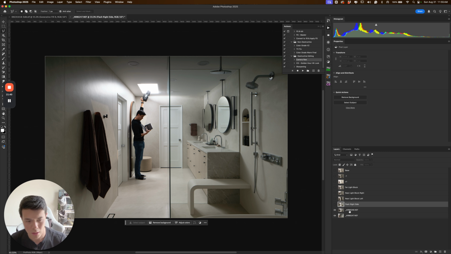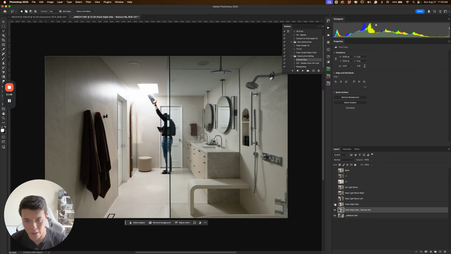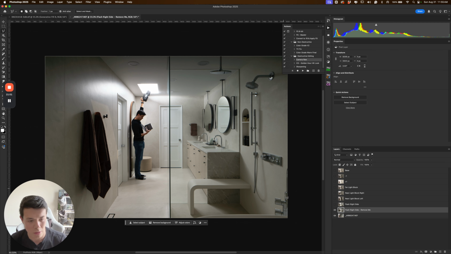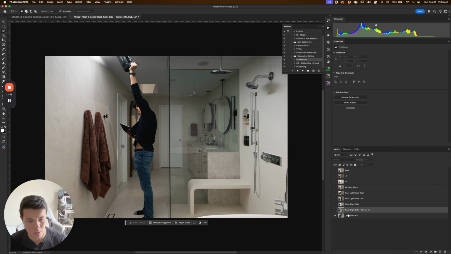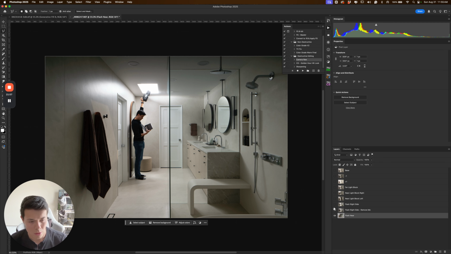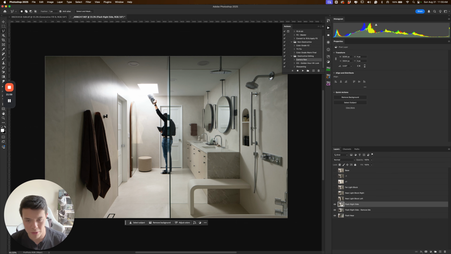And then, yeah, flash right side, remove me. So I can get rid of myself essentially here. Then the last one, flash here. As I'm saying this, I do bounce around from this idea. Maybe I should keep it consistent, and I will here actually. So from here on out, I will actually say flash left, because that's where I am physically standing, or sorry,